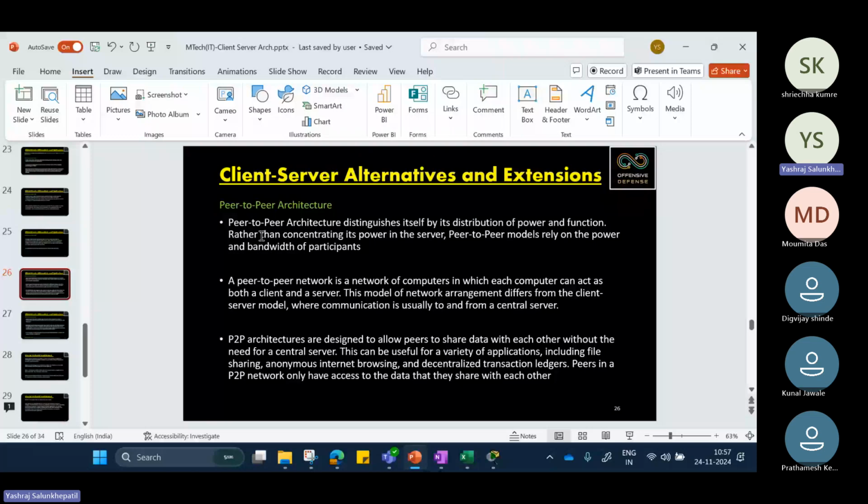P2P architectures are designed to allow peers to share data with each other without the need of a central server. This can be useful for a variety of applications, including file sharing, anonymous internet browsing, and decentralized transaction ledgers. Okay. इससे तुमको कोई आइडिया आ रहा है एग्जाम्पल का? डिसेंट्रलाइज्ड ट्रांजैक्शन लेजर्स, एग्जाम्पल ऑफ पीयर टू पीयर आर्किटेक्चर।